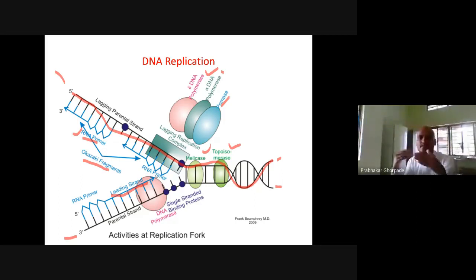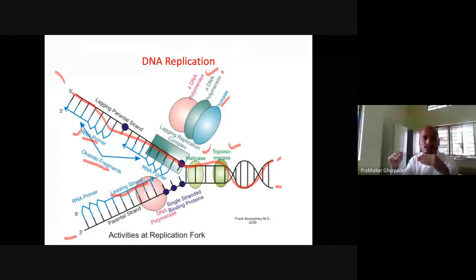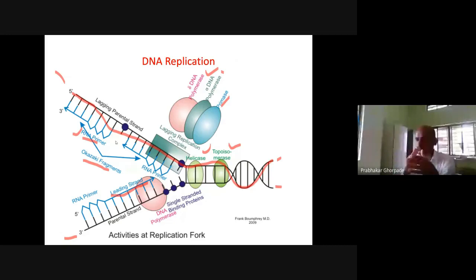Sometimes, on the lagging strand or the leading strand, the RNA primer remains, and we want to get rid of it. So we have the RNase H enzyme, which removes this RNA, and then we need the DNA polymerase 1 enzyme to fill in the gap. Then we need the DNA ligase enzyme for joining the nicks in the DNA. Whenever DNA becomes single stranded, it contains single stranded binding protein. This is the single stranded binding protein.